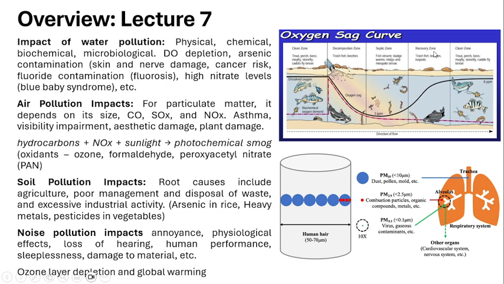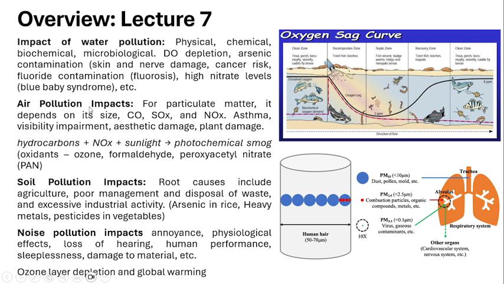And then there comes the recovery zone. After some amount of time, the river will undergo a self-purification process, and naturally it will fix itself by absorbing dissolved oxygen from the atmosphere. In the recovery zone, aquatic life will start reappearing slowly. And then there comes the clean zone again. It will reach the optimum amount of dissolved oxygen required, so that all kinds of organisms can appear again in the water bodies. So this is the oxygen sag curve, which is very important to calculate the amount of